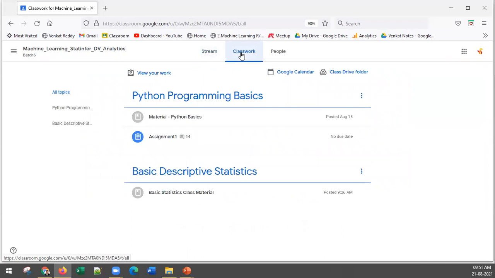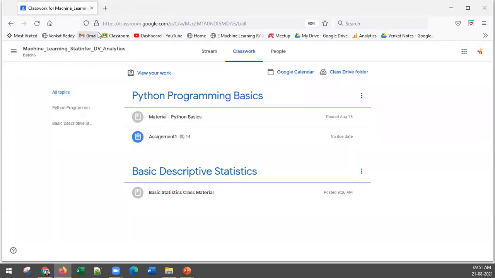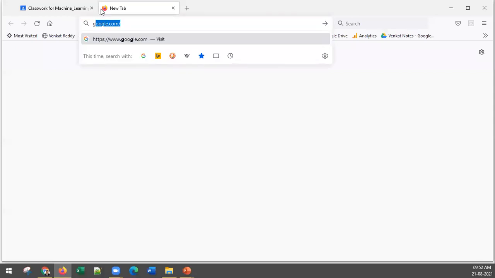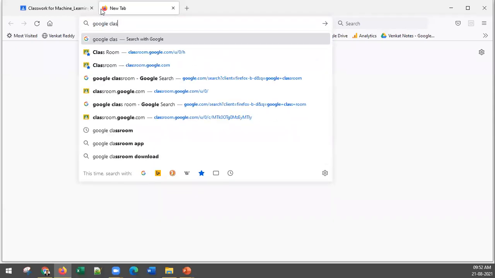Once you have enrolled, you don't need the link anymore. What is the process? Go to Google, type Google Classroom. You don't need to re-enroll. Once you have enrolled, for lifetime, you will be able to access. That means you're already part of that classroom. Your Google account is already attached to that. Directly, you can go to classroom.google.com. You will be able to see this classroom. Try that, everyone. First, confirm this to me. All of you go to Google Classroom. Type this. As I'm speaking, you can type this.